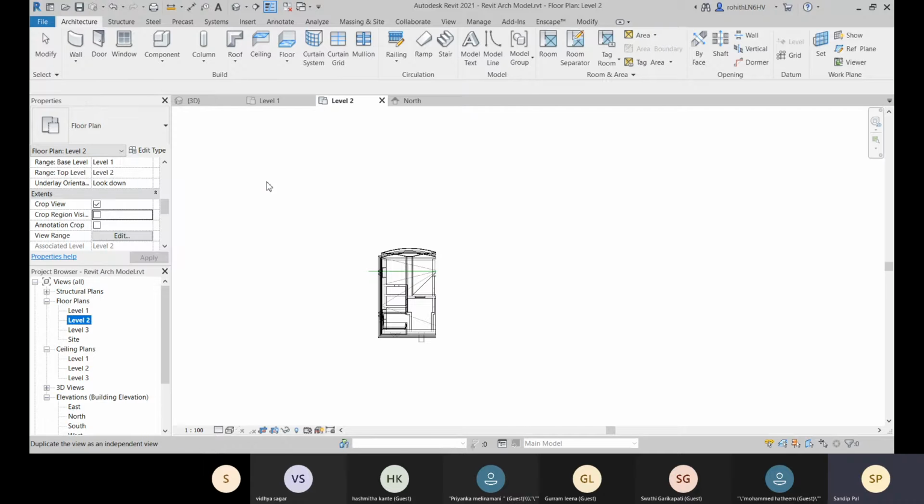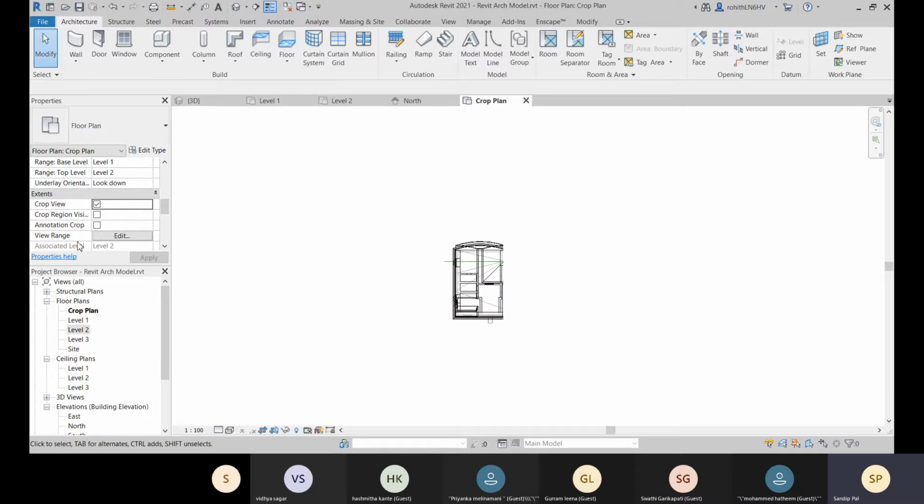So let's go for this duplicate now, and let me add the rename. Let me add the name, and here you have. Okay, so within this you have this crop plan, and if you come to level 2, there you can go for this.